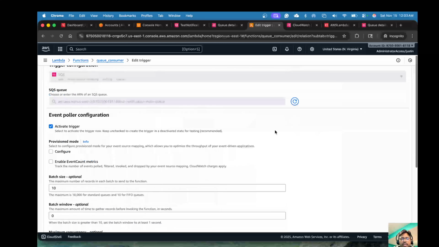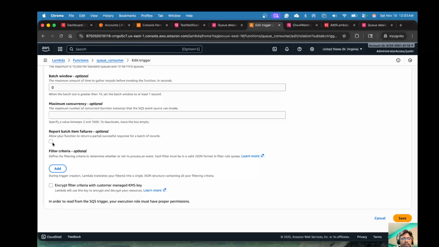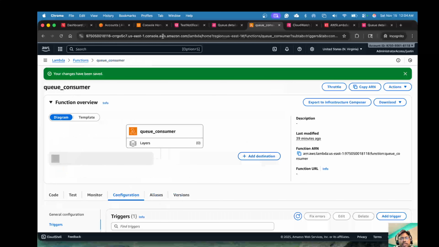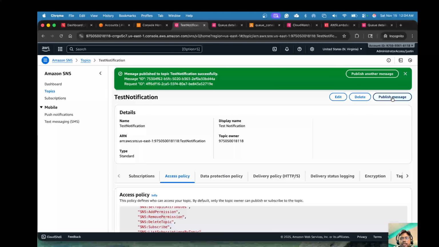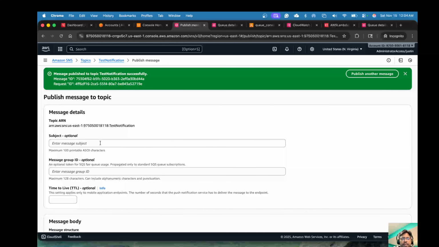So let me edit this. We go to this and we have to select this one, saying that you need to report the batch failure, whatever failed in the batch. Once this is done, if I run, publish another message saying this is a failed message,